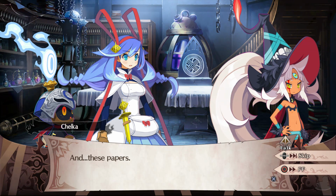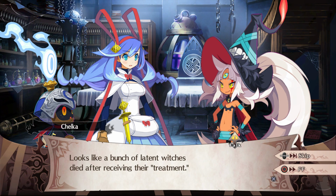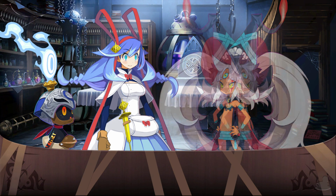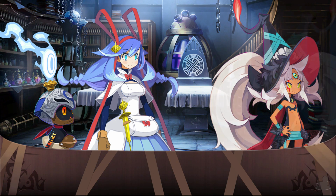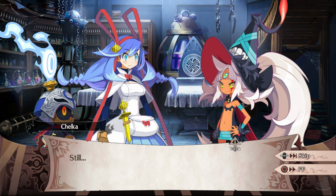And these papers. Looks like a bunch of latent witches died after receiving their treatment. This one talks about an experiment that used alchemy to combine pieces of magical beasts and humans to make a chimera. And look at this. An experiment for creating living creatures out of nothing. Looks like they gave up on it halfway through. Still...